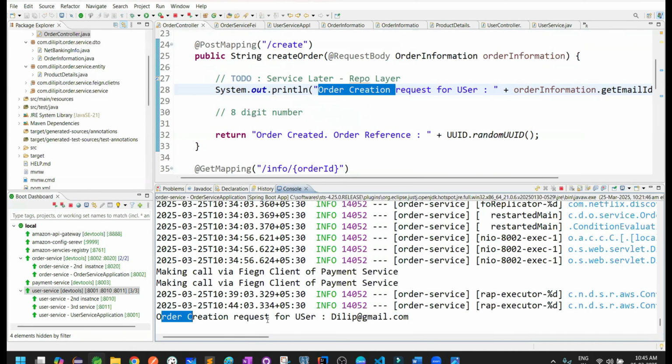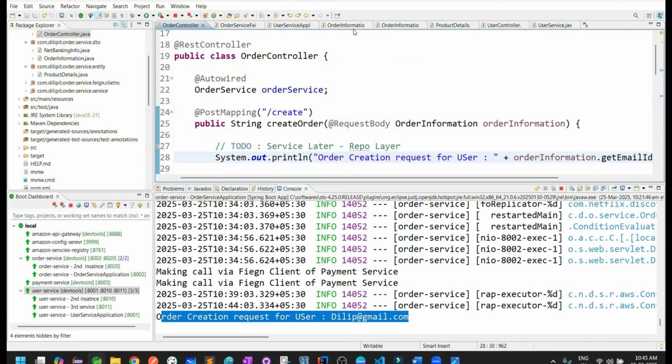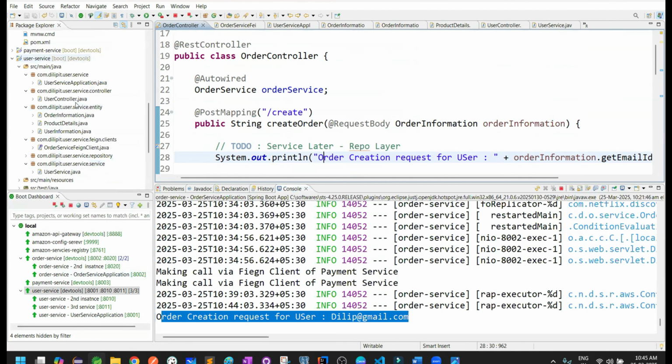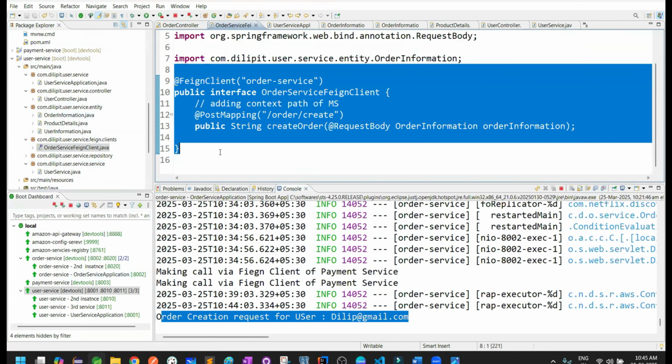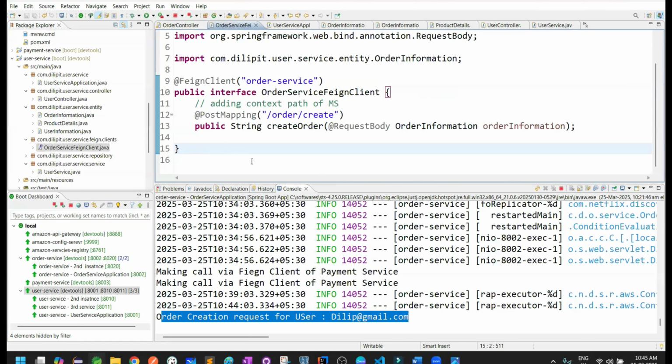See here, order creation request for dilip@gmail.com. So that means the API call happened from user microservice to order microservice via Feign client. We implemented Feign client. So this is how Feign client provides a very simple solution to enable microservices